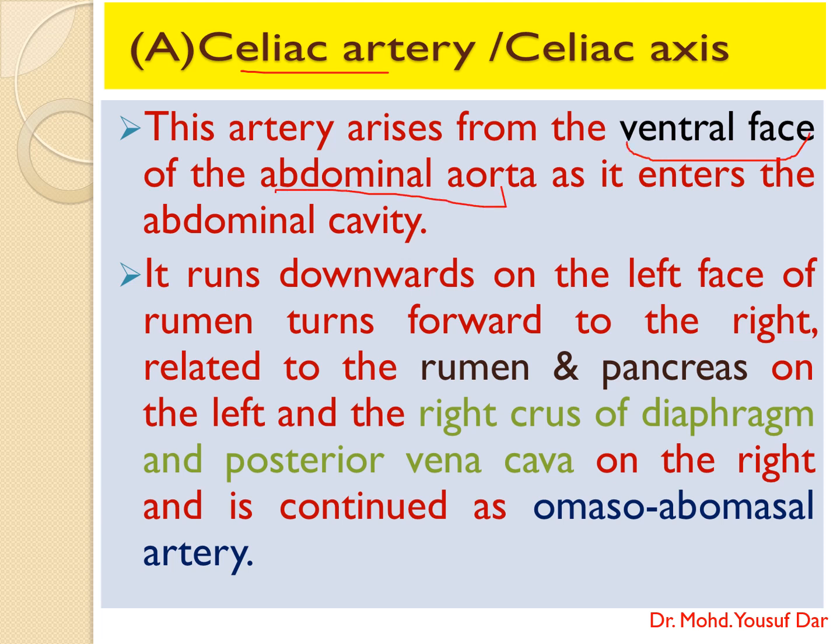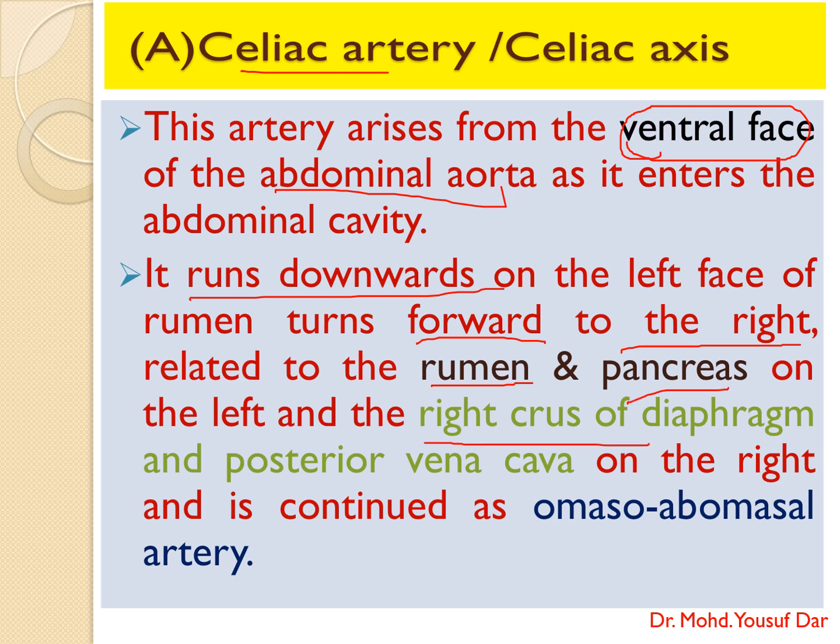So it arises from the ventral face of the abdominal aorta. When it arises, it goes downwards on the left face of the rumen. Then it turns forwards and then towards the right side. On the left, this celiac artery is related with the rumen and pancreas, and on the right it is